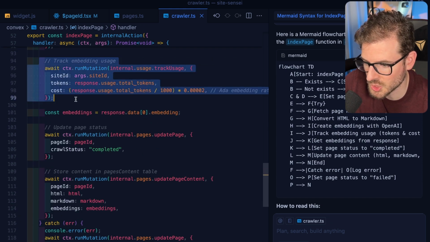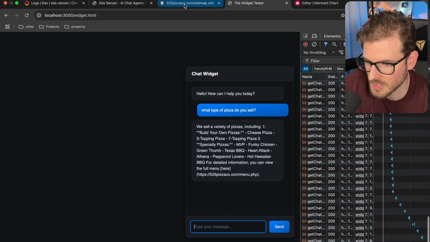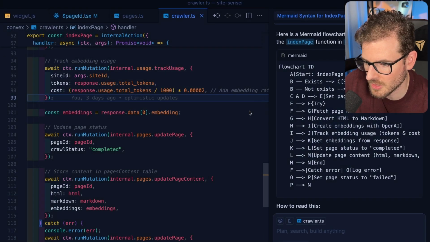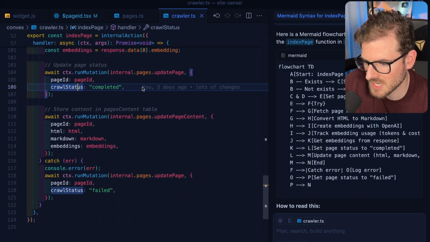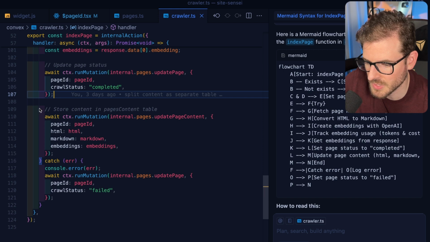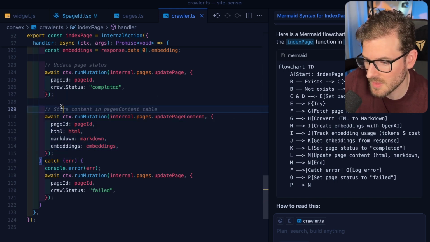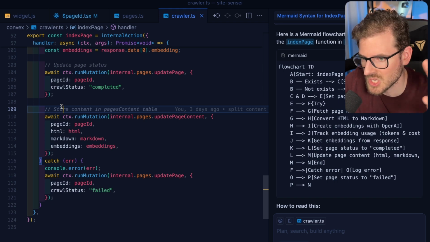And then we track the usage because we want to make sure that when people are chatting with AI, they're not using too many tokens. They're not spending a bunch of money. So, okay, I guess that's where that logic is happening. You keep going through. Looks like we're changing the crawl status back to completed. And then we also update the page content to store the embeddings and the markdown, the HTML we just crawled